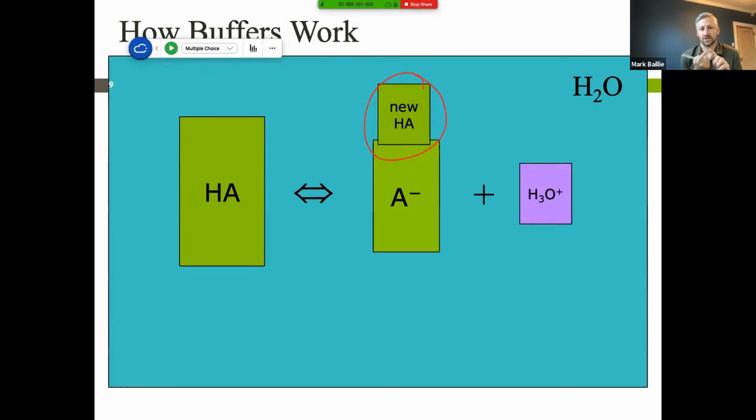Strong acid is converted into a weak acid. pH change is minimized compared to if you added just a strong acid to water, because a strong acid became a weak acid. Once again, if we go back one more step here,